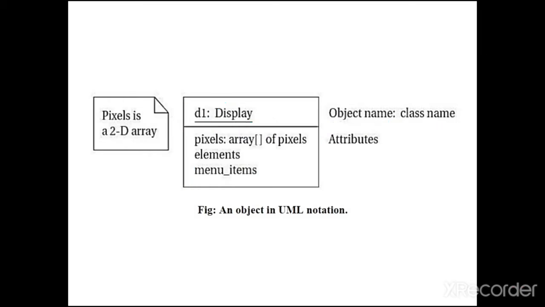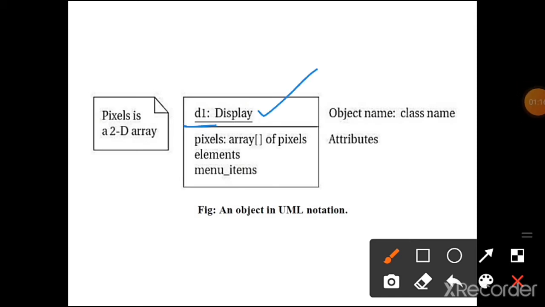This is not a class, it's an object, represented by the underline on the object name colon class name. The attribute is pixel, an array of pixels containing the content of the display, and another attribute is menu item. So this is the object representation. In this object, D1 represents the instance of the class Display, and the Display class defines the pixel attributes seen